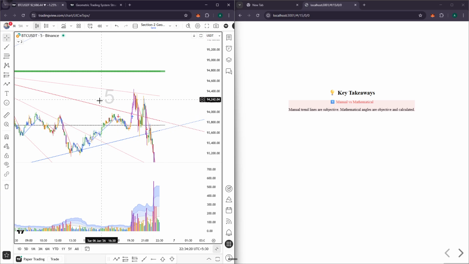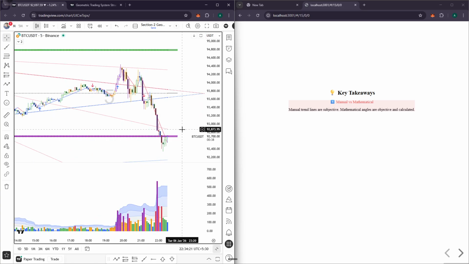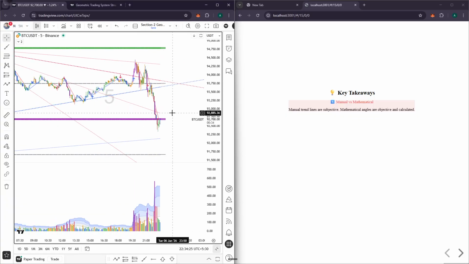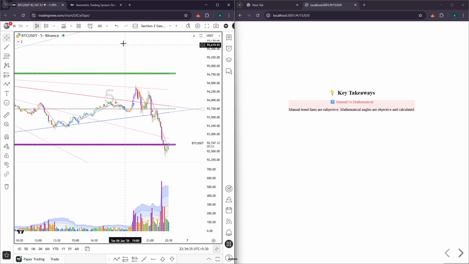So when you combine both angles, both trend lines, you get this complete mathematical, geometrical picture of the market that professional traders have when they trade. Okay, what do you think? Why do you think